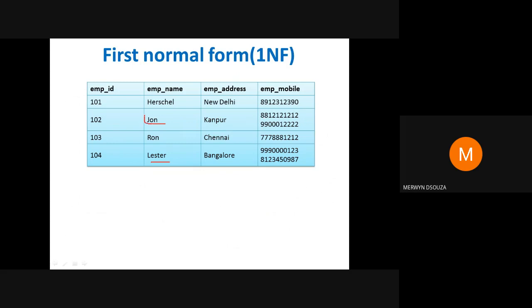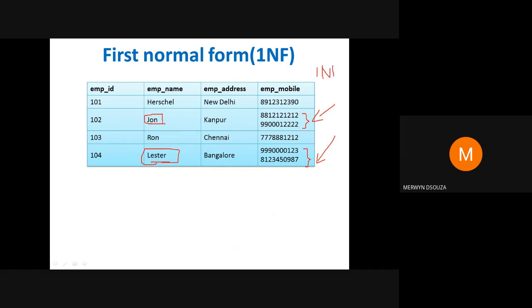Because this is the row for John, both the numbers of John are stored here. Also, both the numbers of Lester are stored in the same row for Lester. But such a storage is not an example of 1NF.